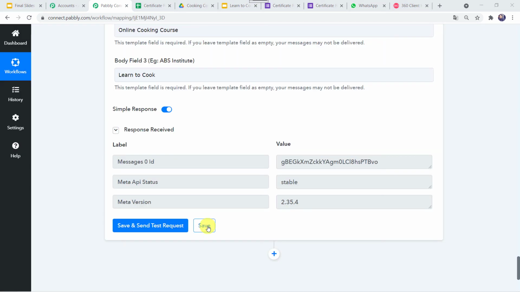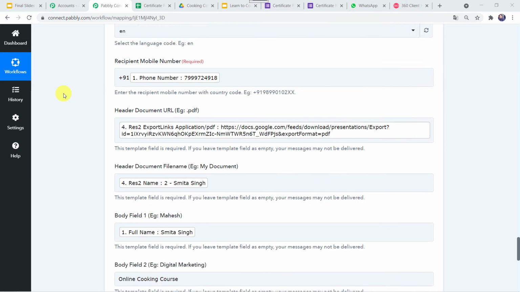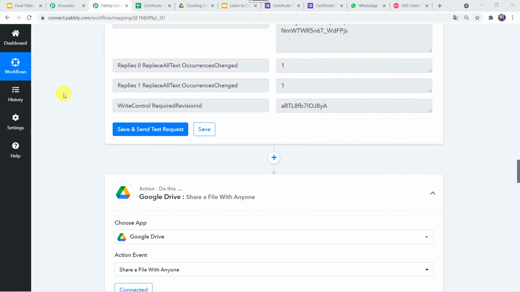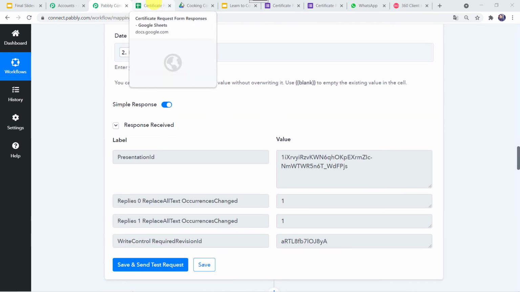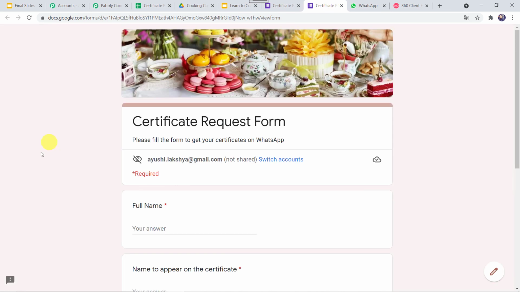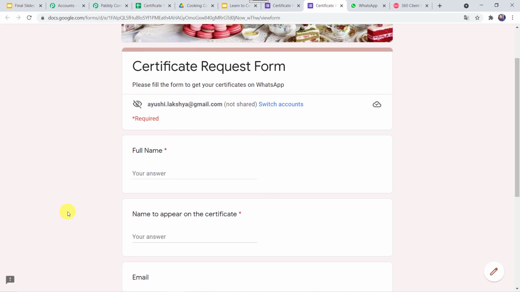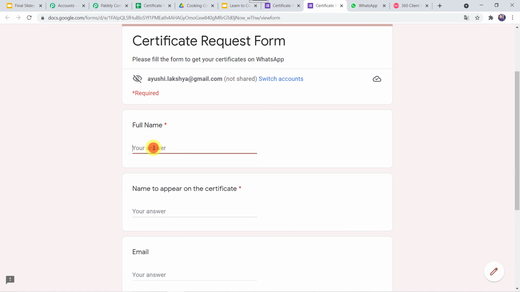Data saved successfully. Now let us check this in real time. For this I'll go to the Google form and create one more entry on the name of some other participant, say Shikha Arya.